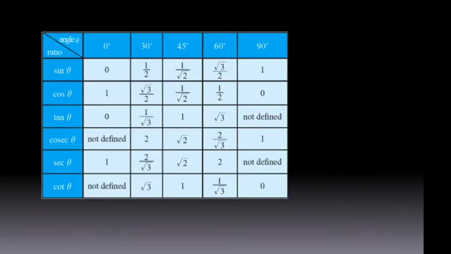Okay. Now this is one of the important tables. Now whenever you are solving any problem, you require this particular table. Okay, so this table gives us the values of all the 6 trigonometric functions at different angles. If you look here, at 0 degree, 30 degree, 45 degree, 60 degree, 90 degree and so on. Okay, so what it means, sine of 0 is 0, sine of 30 is 1 upon 2, sine of 45 is 1 upon root 2 and so on. Okay, so you must know this table.